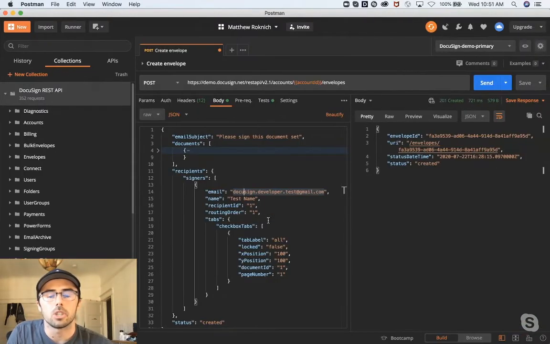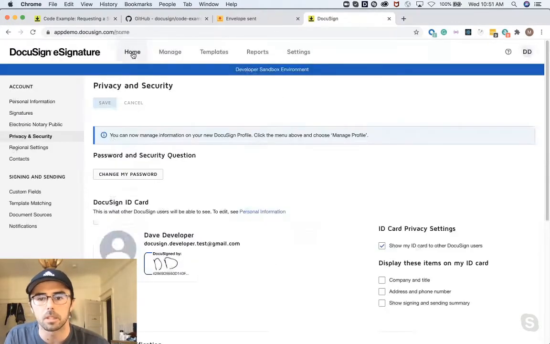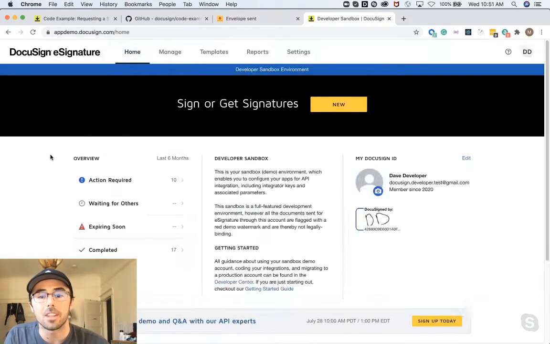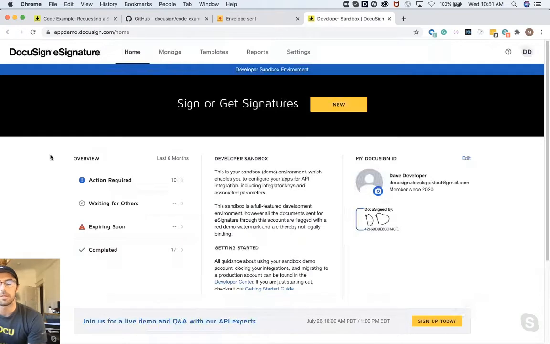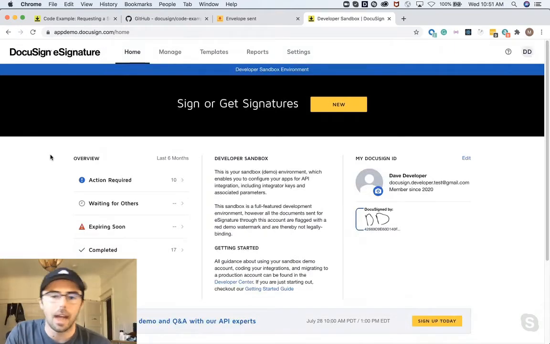And just simply using the UI once to build up your envelope, and then check the logs and see what the envelope definition looks like. And then you can add on that, or you can change that, or tweak that, as opposed to toiling over trying to build up your envelope definition in the SDK or just in the raw API, only to find that you could have just done it simply by going here and just testing it out.